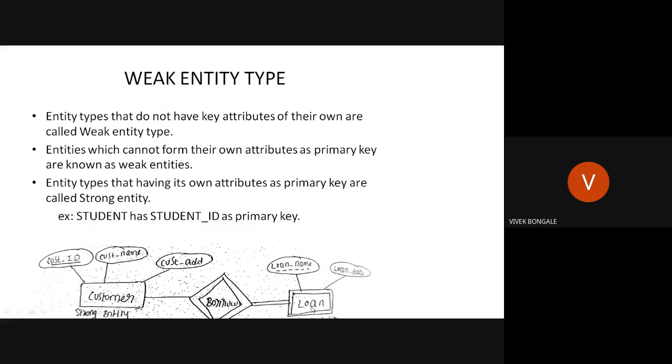And for the relationship between the weak entity and the strong entity, we show the identifying relationship. We say it is an identifying relationship, that is the double rhombus symbol. This is regarding the